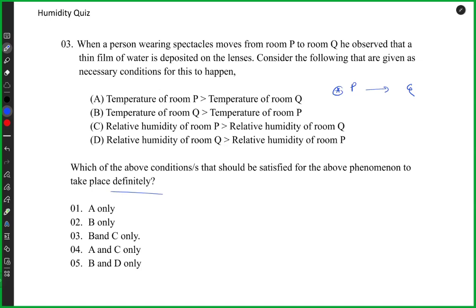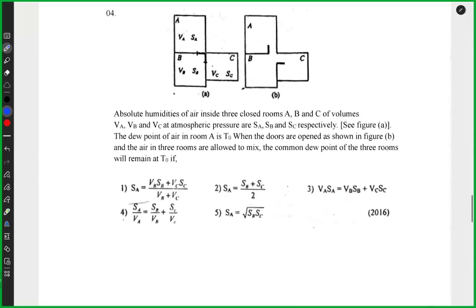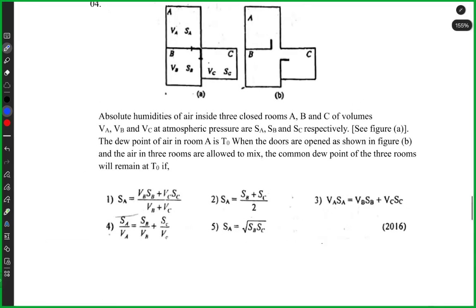When you go from room P to Q, you need to take the temperature below the dew point. Is that clear? Right? Yes, sir. Now,